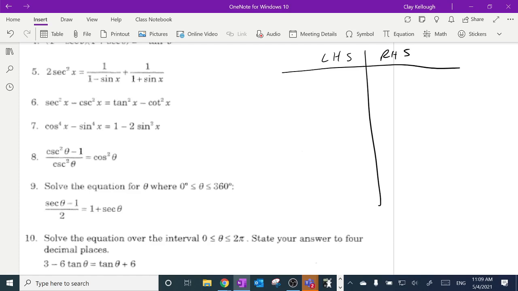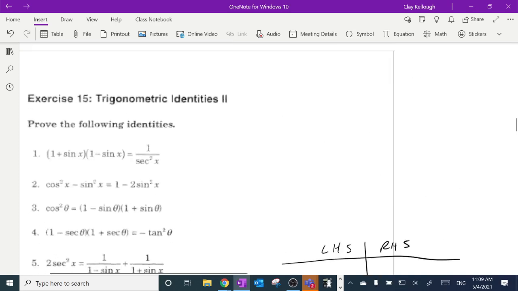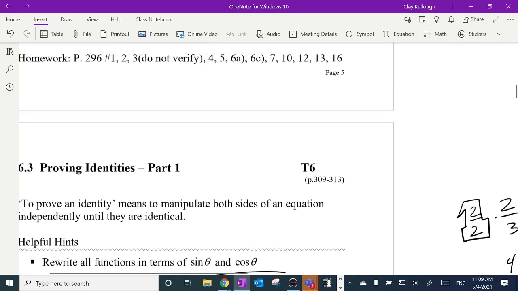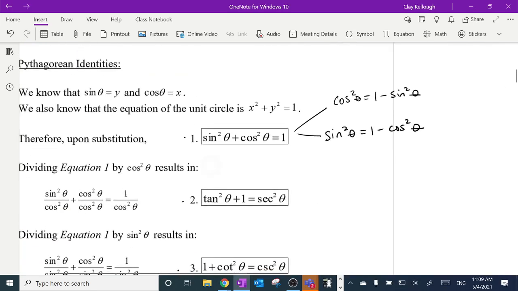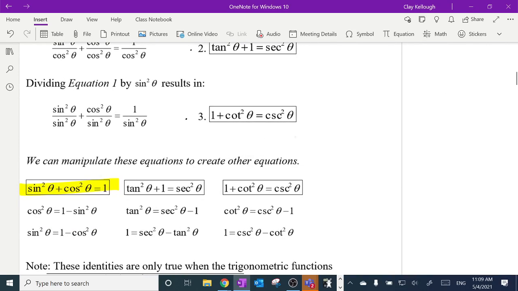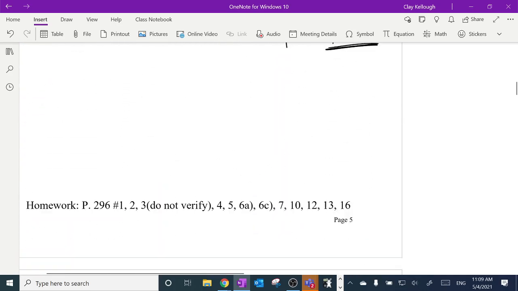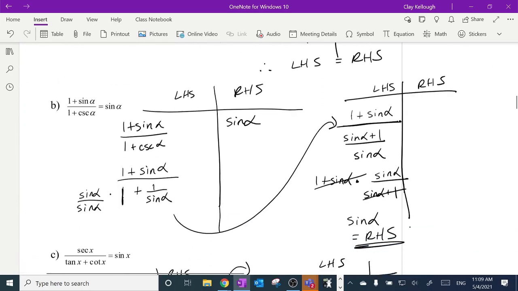So I'm going to go to my identities for secant, cosecant, and tangent. If I scroll back just a couple of pages, maybe a few more pages. Right there. So there's the two things I'm going to use. Secant squared is tan squared plus 1, and cosecant squared is cotangent squared plus 1. So I'm going to use those two. Is that what you did? No. Well, if you change them both to sine and cosine, you probably did way more work than you had to, because those very quickly just turn into